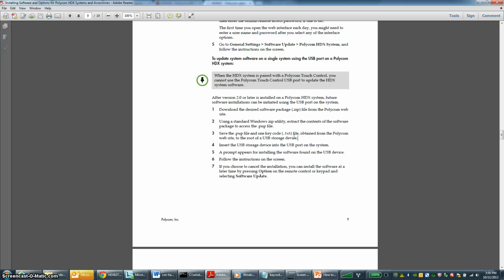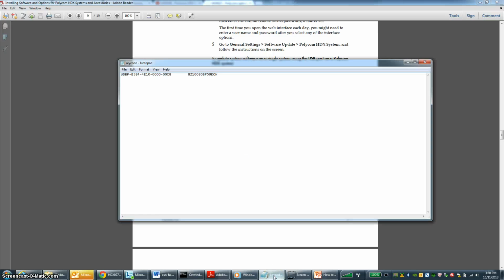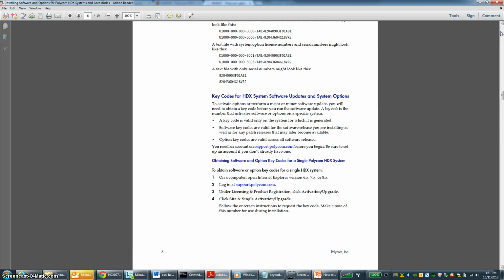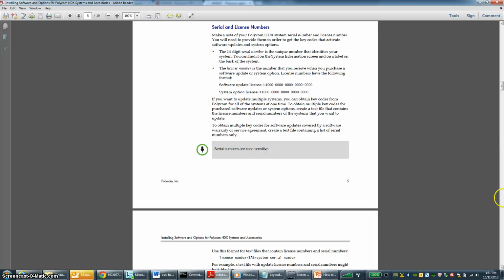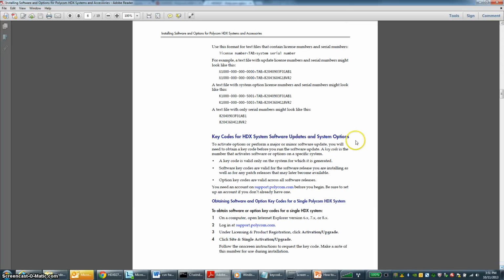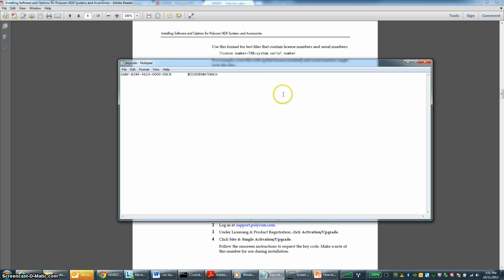We got a key code, right? Now that we know the key code, we can just put that into a text file. Before I show you the text file, I want to show you how to know what format to put it in. Again, if you want to know how I know the page numbers, just read this whole document. You'll figure that out pretty quickly. But top of page 6, use this file format for text files that contain license and serial numbers. Now, it doesn't explicitly say that, but this could be a license number or it could be a key code,